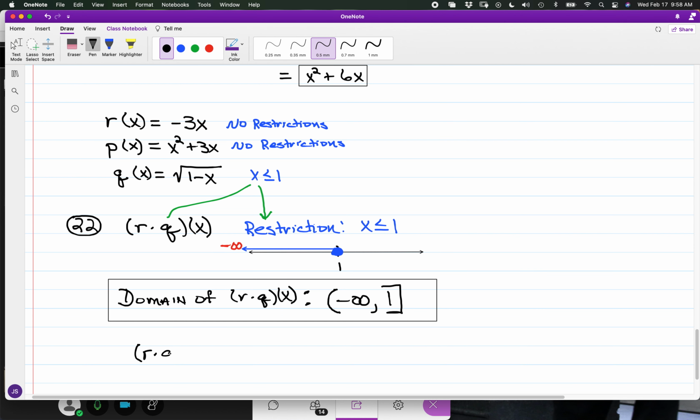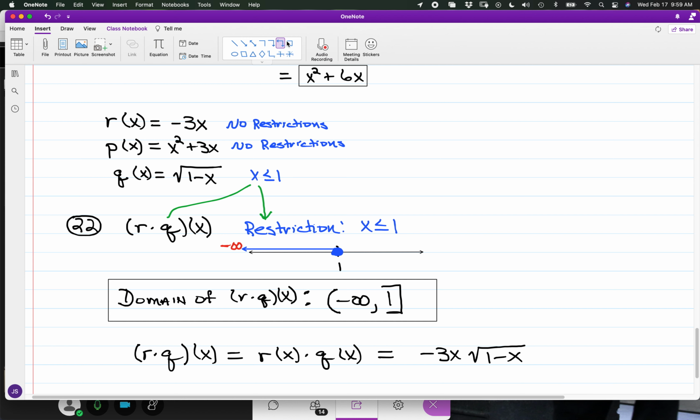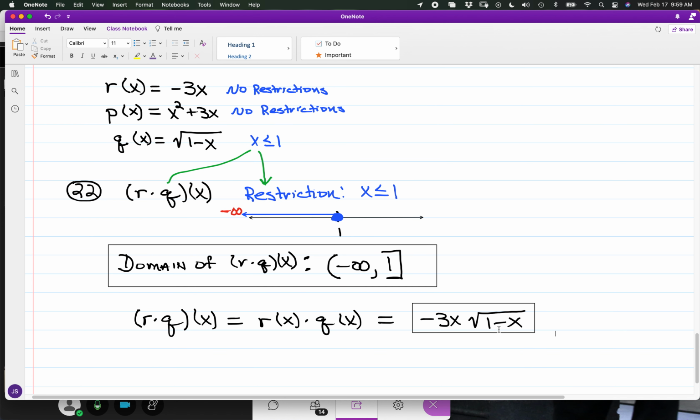And in terms of the function itself, with r times q of x, you have r of x times q of x. Again, r of x we have as negative 3x, and q of x we have as the square root of 1 minus x. And that will be the end result right there. And again, the restriction, just looking at it, would come from the square root of 1 minus x,